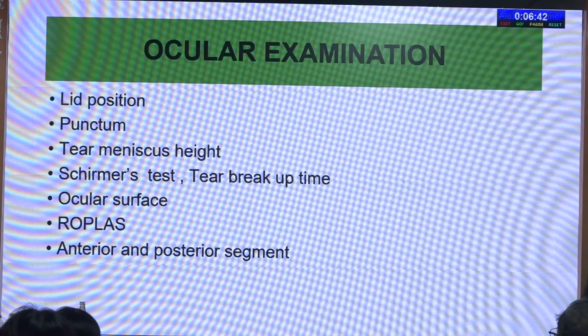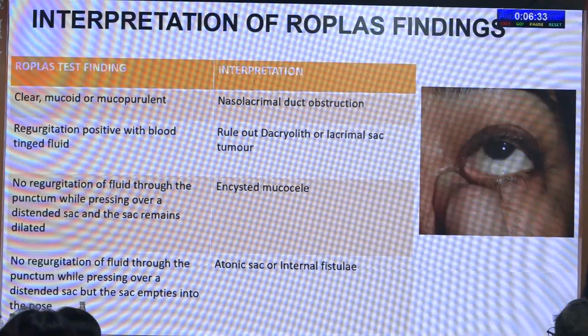And then we have to look for the nature of regurgitation, if it is clear, mucoid or mucopurulent. And then we have to evaluate the anterior and posterior segment examination. And coming to the interpretation of the regurgitation findings, if it is clear mucoid or mucopurulent, it is suggestive of NLDO. And if there is regurgitation positive with a blood-tinged fluid, we have to rule out the dacryolith or